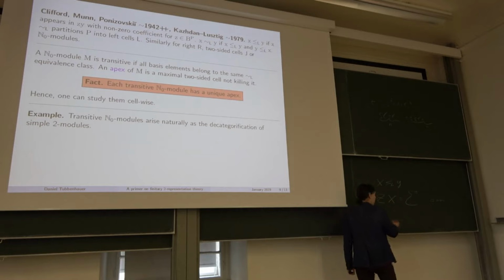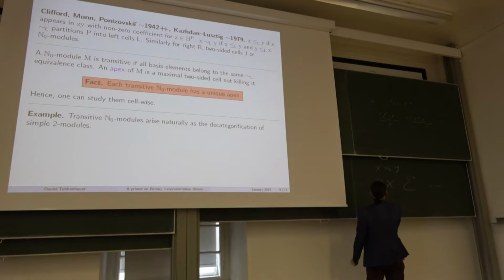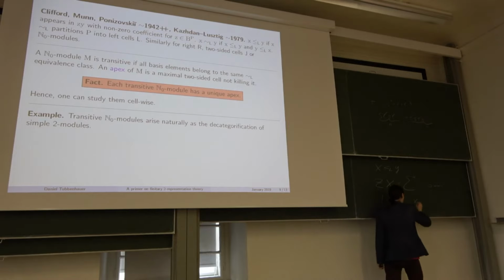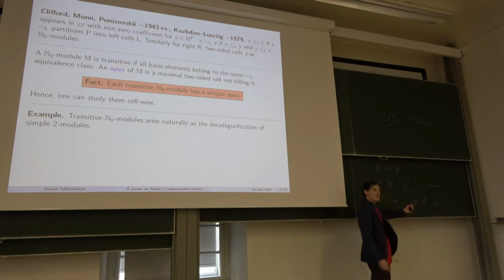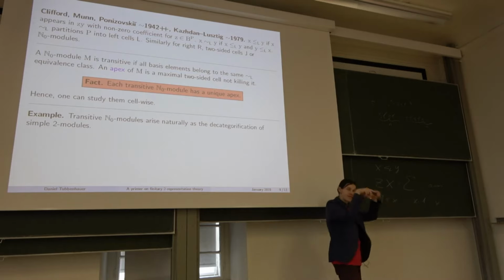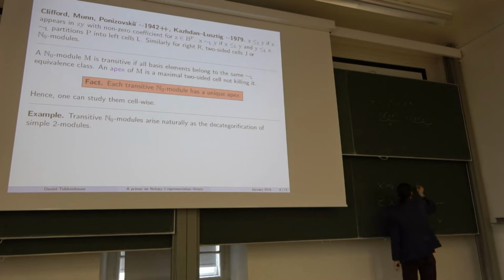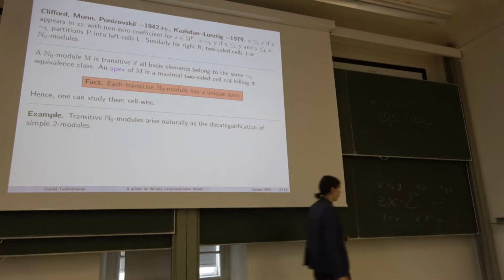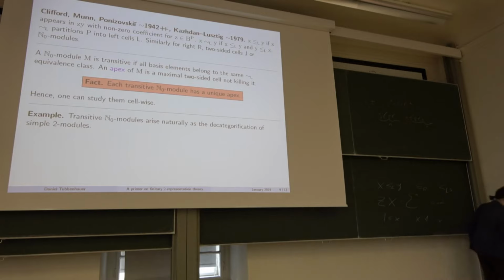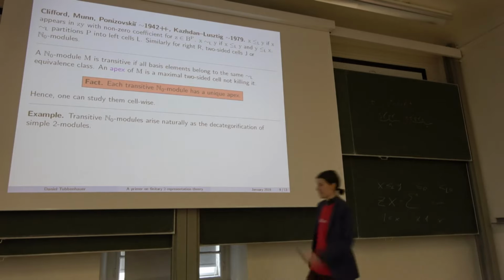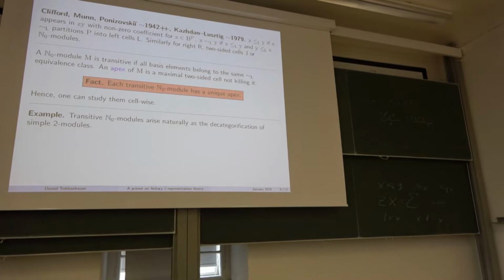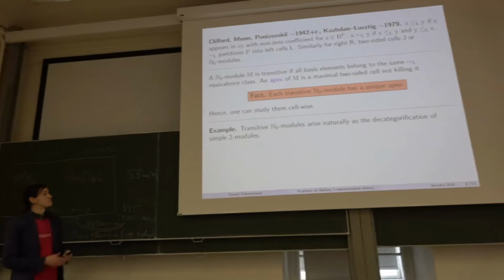In particular, the unit 1 is always the lowest, because of course 1 is lower than X is just saying you multiply X, right? So X turns up in its own decomposition. In particular, 1 is always the lowest element in this order. So this gives you a pre-order, which is not very hard to check. Similarly, of course, from the right and the two-sided. And the equivalence classes you can form using this order, they are called cells. And they are the Kazhdan-Lusztig cells in some sense, in the case of the Hecke algebra. So you order your things by using cells.